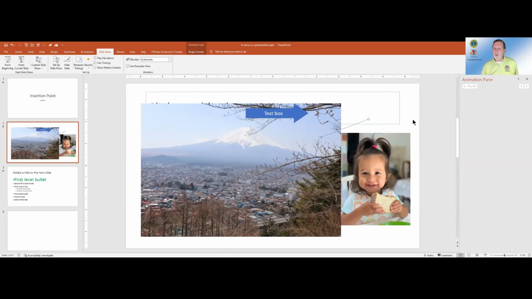Now, just like stacking objects on a table, you put a book on a table. On top of that, you put a magazine. On top of that, you put a plate. And on top of that, you put a fork. The one on top, of course, is the one that was done last. This block arrow, I should say, I created that last. So no matter where I place it, it's always going to be on top.